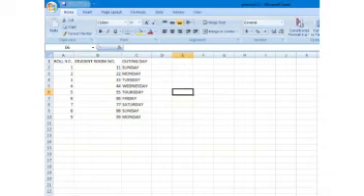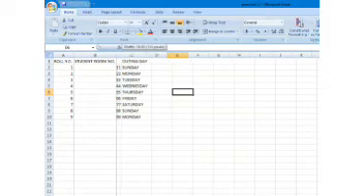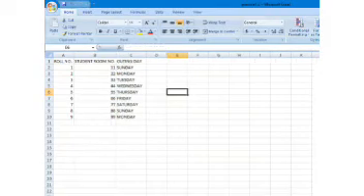Now if I want to increase or decrease the width of a column, what I'll do, I'll just put the cursor at the top of this area. When I keep the cursor here on the column name, it shows me an arrow.